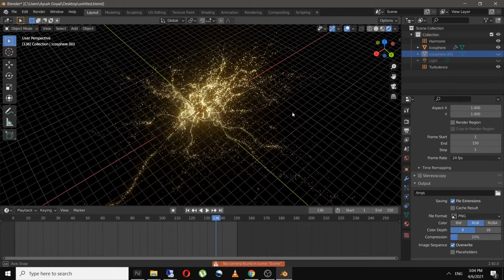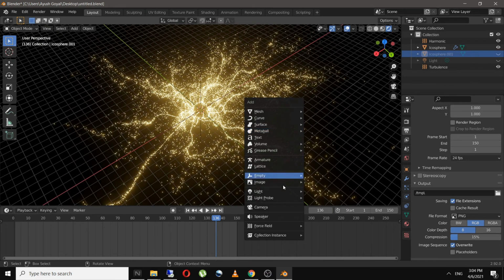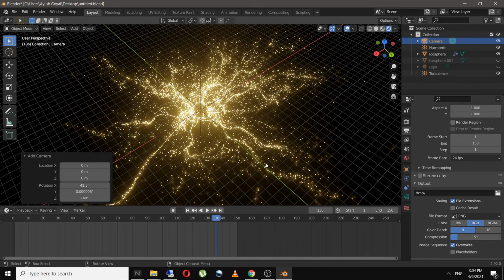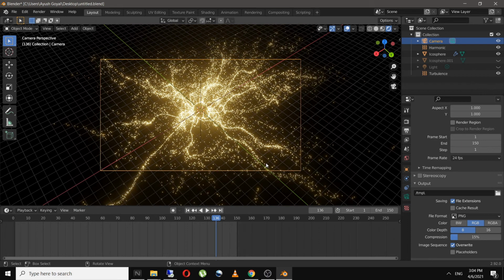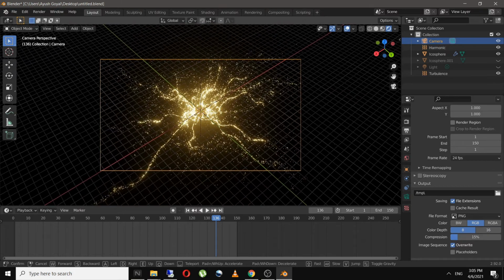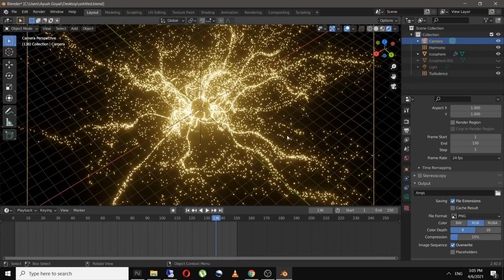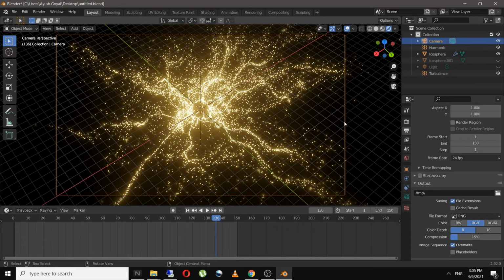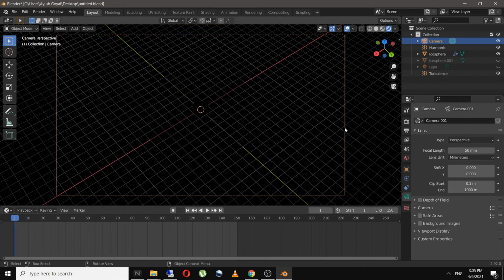I will select this angle and add in the camera and press Ctrl Alt 0 and press W to zoom out. So this angle looks good. And now let's try to animate the camera as well.